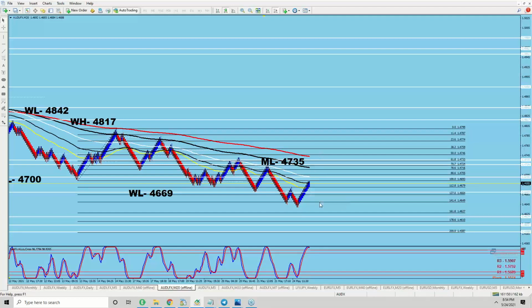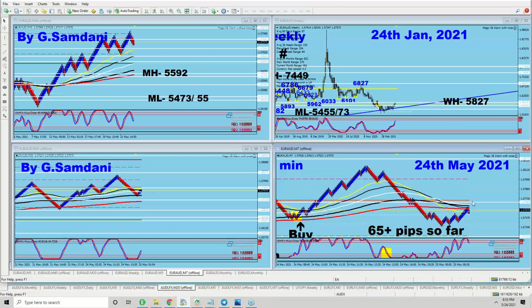If this starts dropping here after the news, if I get a reversal candle here and a couple of red candles, I know that whatever the news is, the reaction is bearish. And this thing is going to drop to these lower levels here. Then Aussie will get weaker. And obviously, at that point, this setup will not work out, but the price will go up here and then continue to go to the upside.